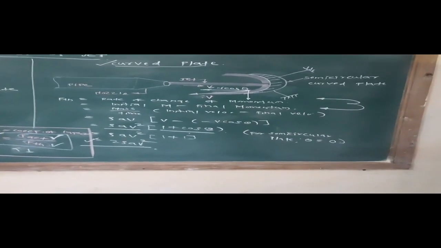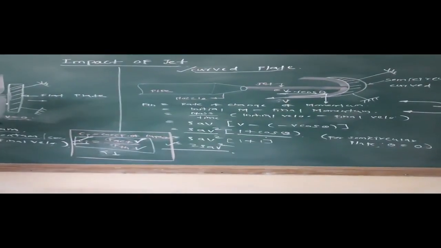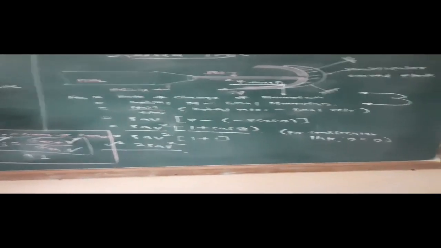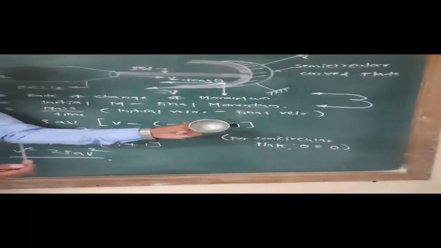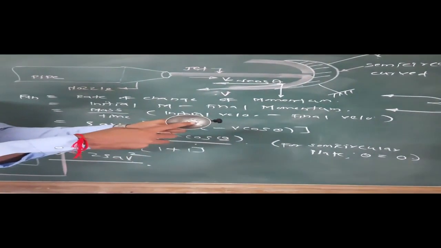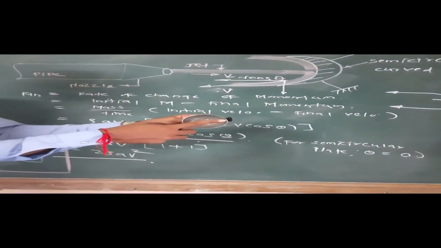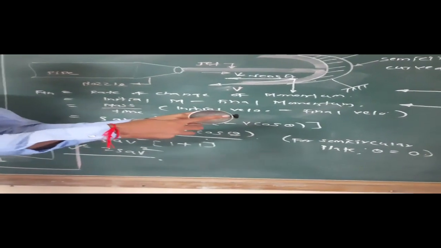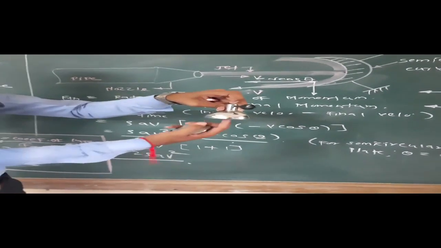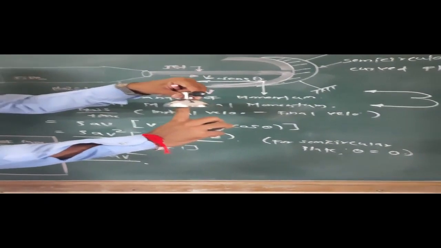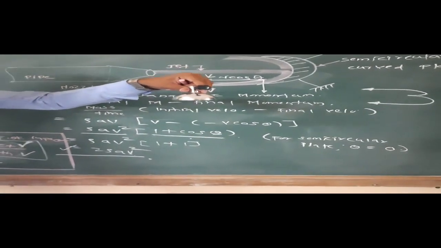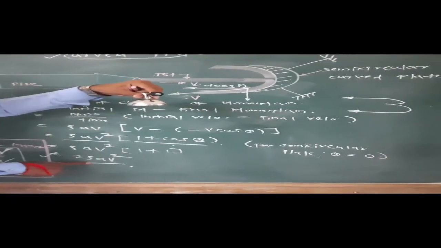Again, we are not going to perform the same practical again, but I am going to show you the semicircular plate here. So my jet of water is coming and striking at the center of the plate. This is the semicircular plate, and my jet of water is going to strike at the center of the plate, and it is exactly going to deflect back by 180 degrees. So if it is placed something like this, and my jet of water strikes like this, it is going to be deflected back in the opposite direction. So in that case, we are going to use the same equation.